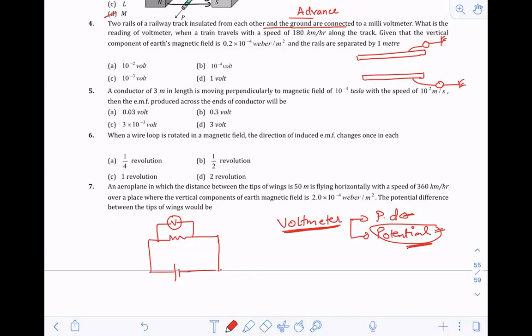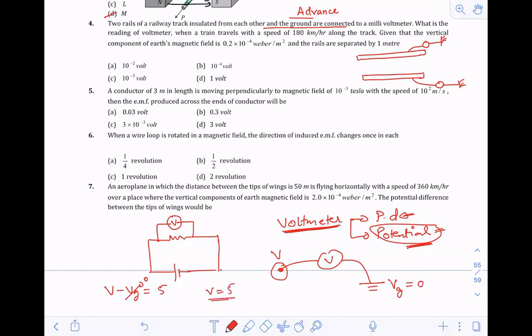So just check over here. If I want to calculate the potential of a point, I'll just take a point. I'll connect this end with the voltmeter and this end with the ground. Now the potential of the ground is assumed to be 0, and the potential of this point will be V. Now if I want to calculate the potential of this point, I will write V minus Vg, and it will give you a reading, suppose 5. Now Vg value is 0, so V becomes 5.